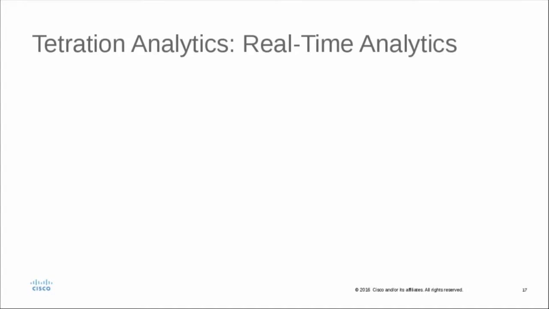Another really important piece of technology that we recently announced is something called Tetration Analytics. In the security domain, I think this is really important, and it ties together very nicely with our ACI product line. The idea behind Tetration Analytics was to build a real-time appliance for gathering telemetry data from your data center and then using advanced machine learning techniques to help you understand what's going on and give you deep visibility into how your applications are performing and how that impacts your underlying infrastructure.